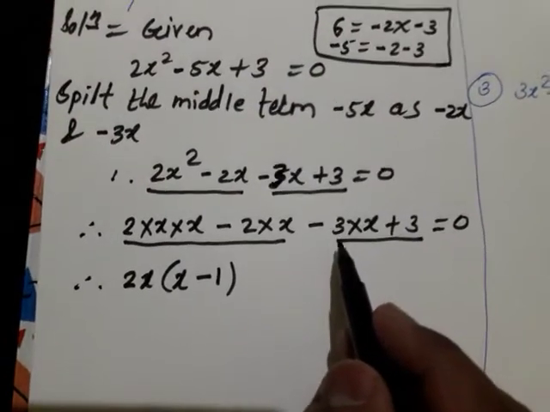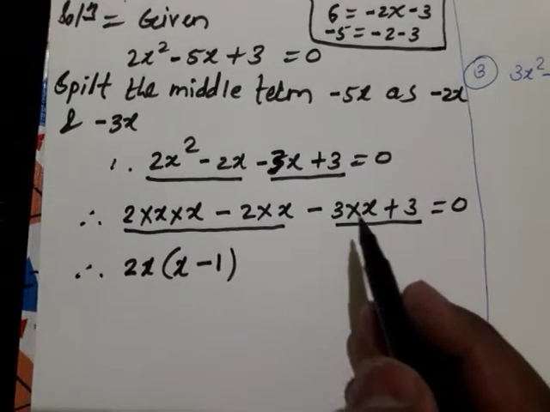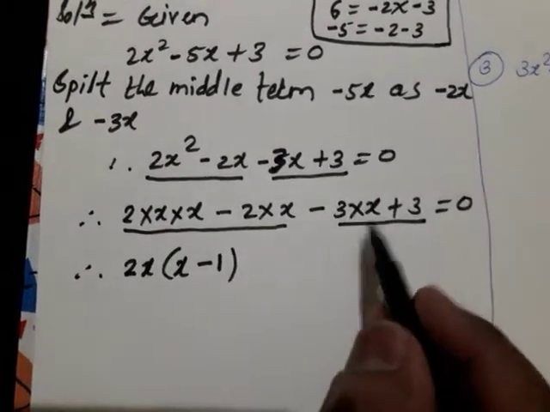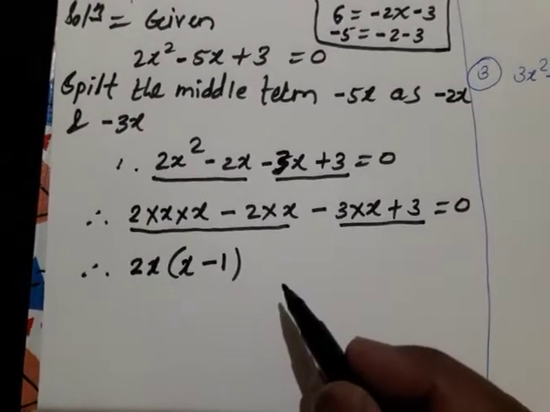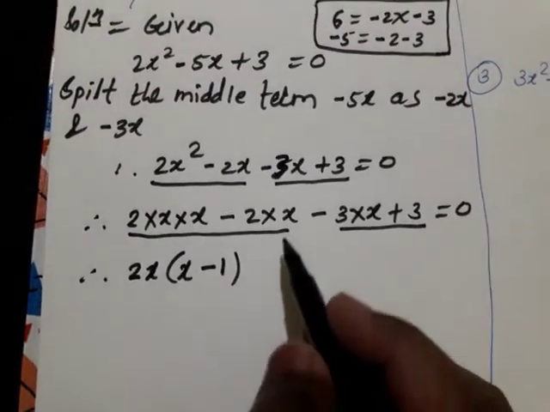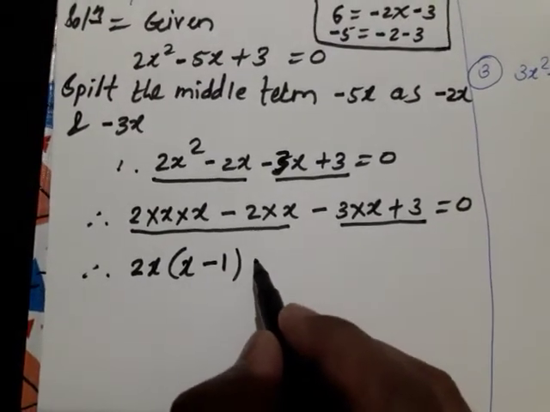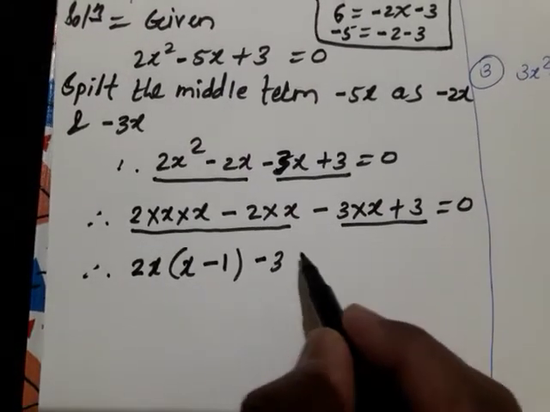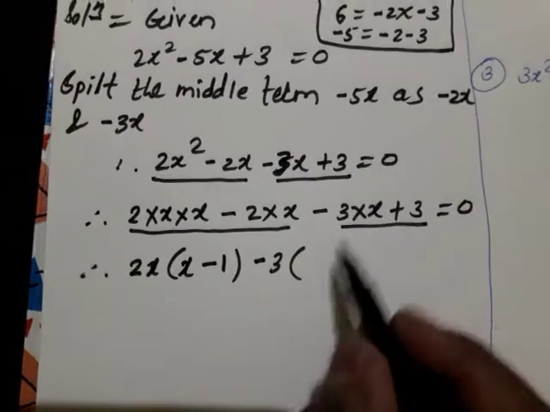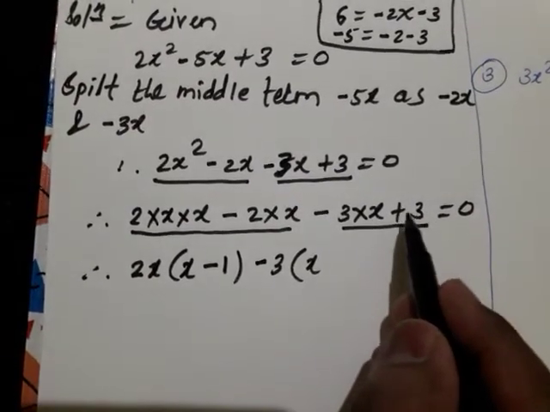Here look, if you observe carefully, you will come to know what the common factor is. 3 is the common factor. Are you getting it? But which sign do we have to write? The sign which is over here, that sign only we have to carry as it is. Why do we have to carry it? I will tell you. Look here, 3 is the common factor. In the bracket what will remain? Look here, here x remains, here the plus sign is there.